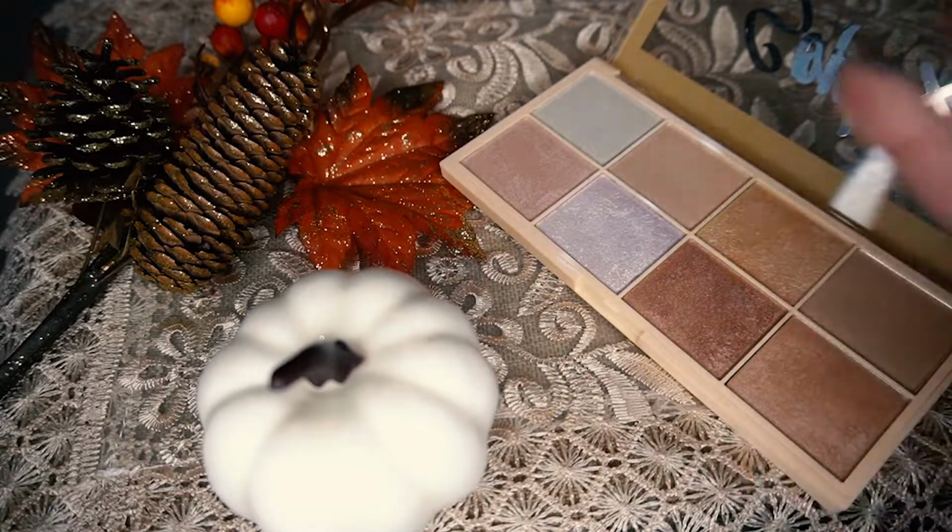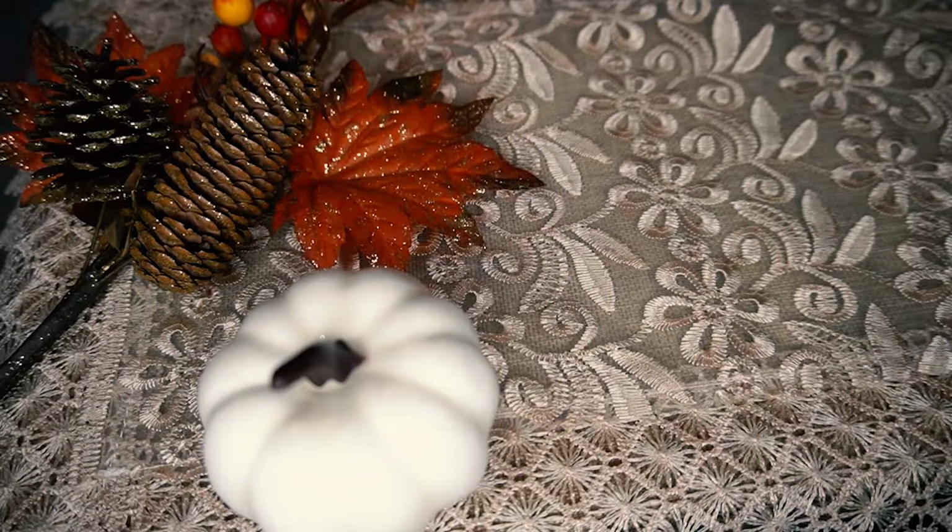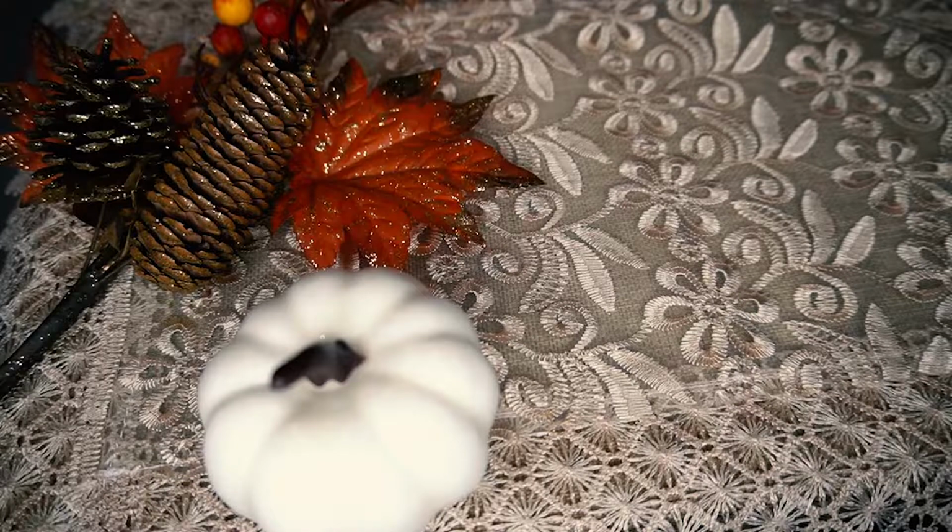They're really pretty, and they do work really well on dry skin. So I am going to keep this one. That's going to go in the keeps. All right, what's next? Oh, you know I'm keeping...